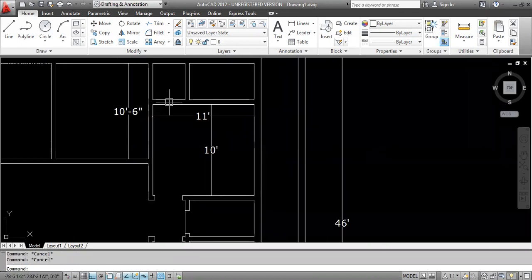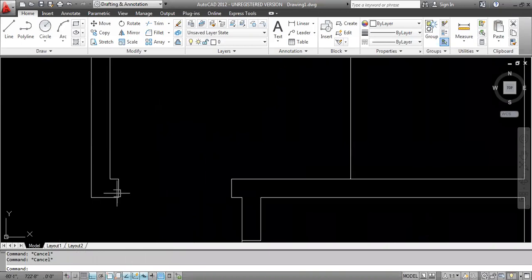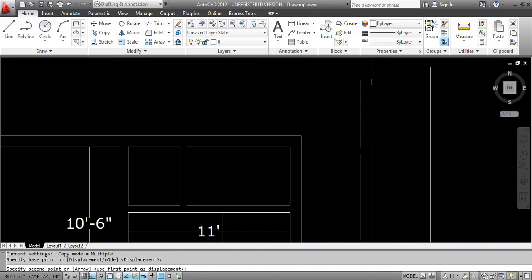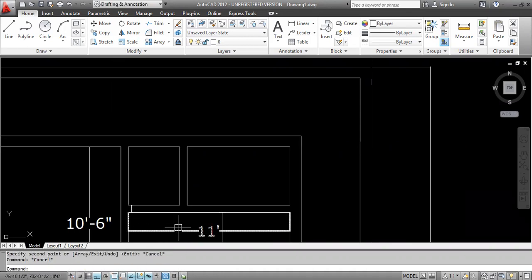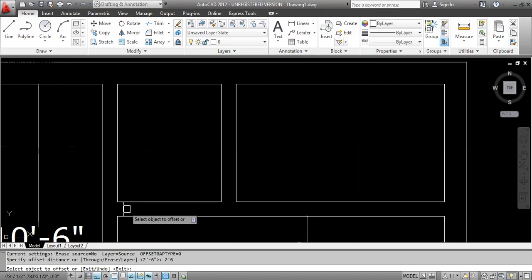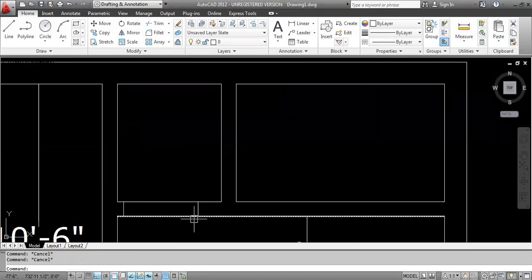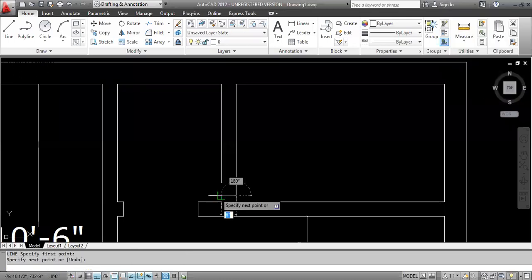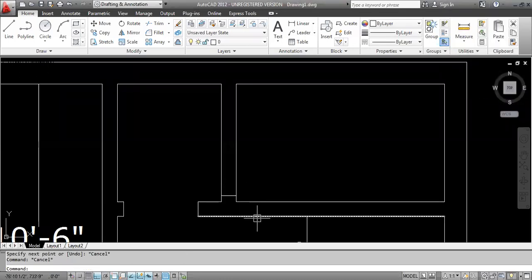Same thing over here also. It is better to take a straight line. Just copy over here the same position, 2 feet 6 inches. You have to make trim, and here also the same thing. Offset 2 feet 6 inches.